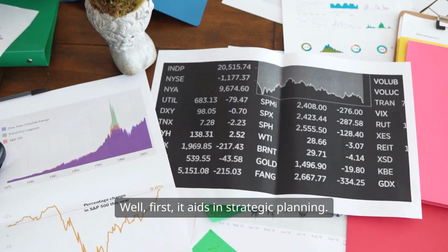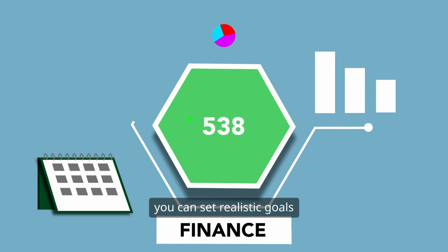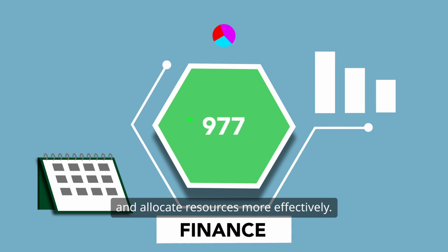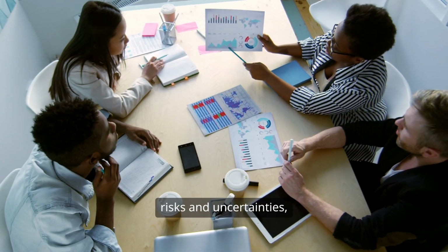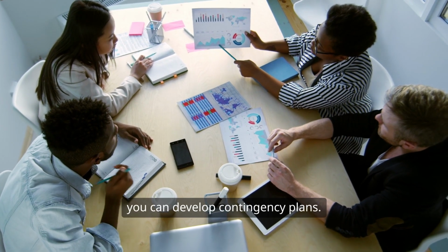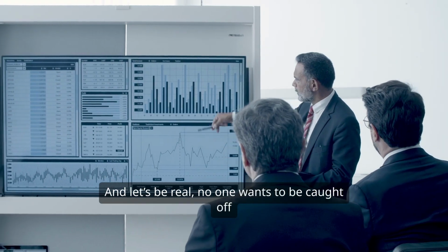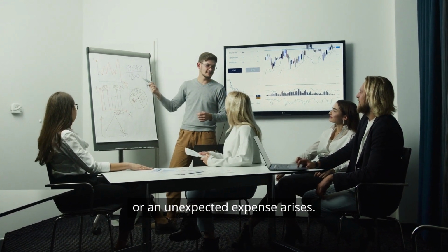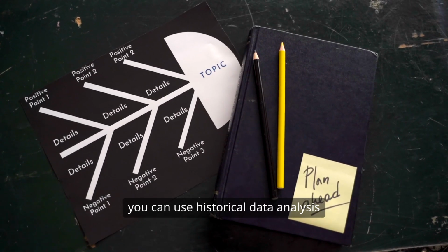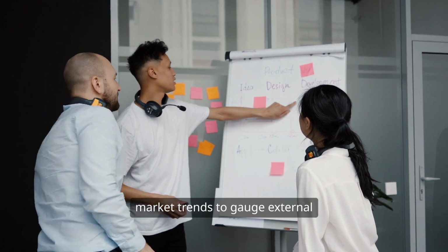Well, first, it aids in strategic planning. By understanding potential future conditions, you can set realistic goals and allocate resources more effectively. It also helps in risk management. By identifying potential financial risks and uncertainties, you can develop contingency plans. And let's be real, no one wants to be caught off guard when the market shifts or an unexpected expense arises. When crafting your forecasts, you can use historical data analysis to look at past performance, market trends to gauge